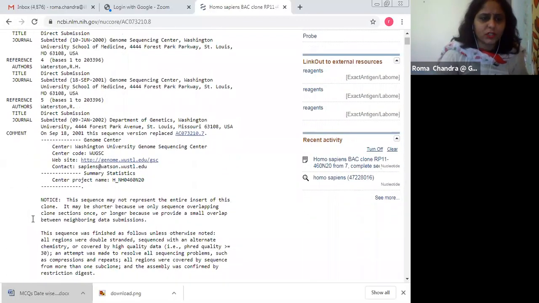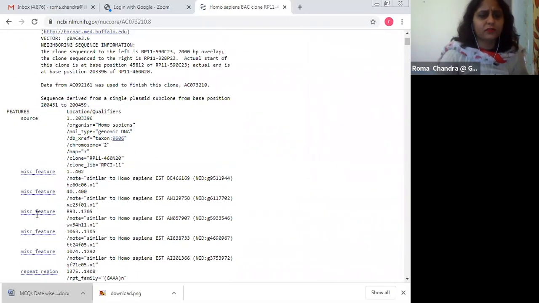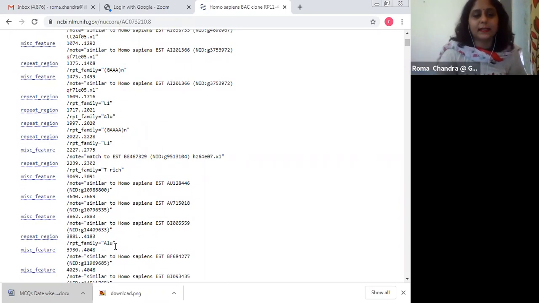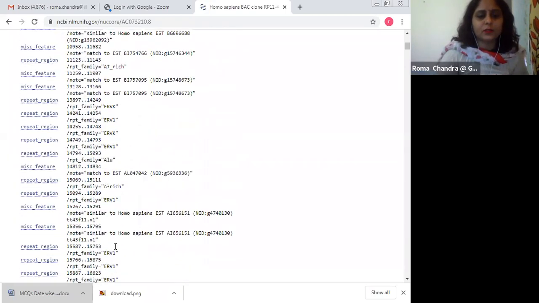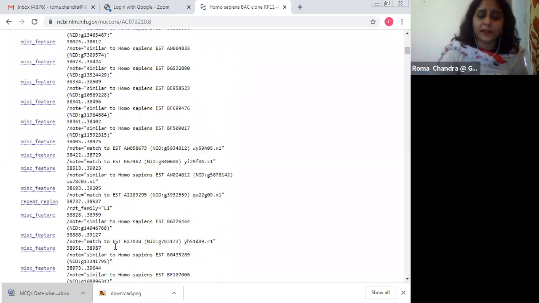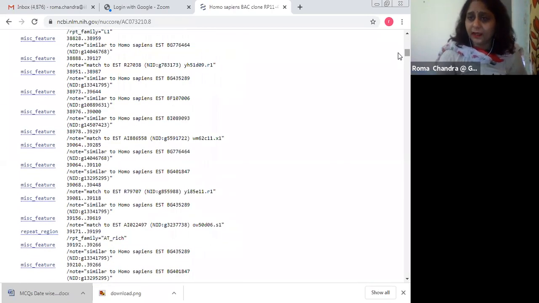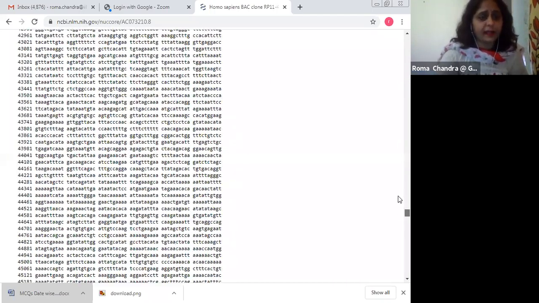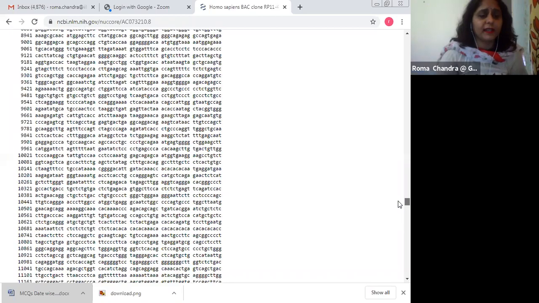This information about the comments or the features deals with the different nucleotide sections, like the different ESTs. As soon as we scroll down, you will see that the information with respect to the whole nucleotide will be there in the tabs of comments, the feature table tab, and at the last we will get the sequence.